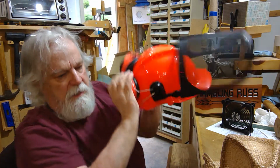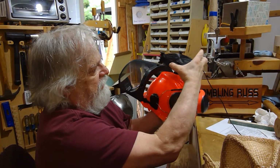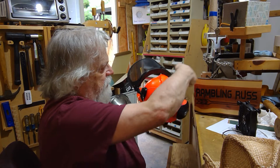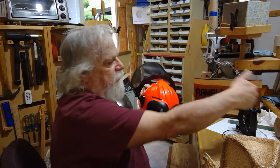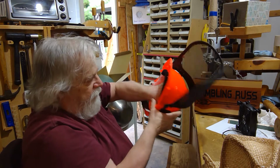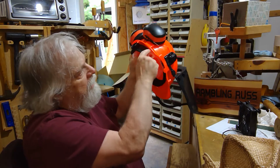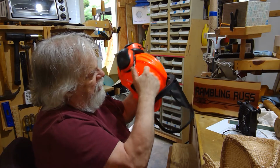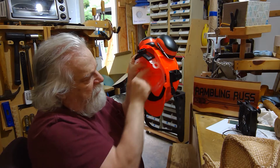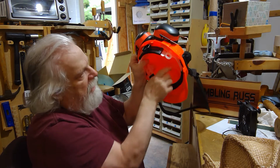And the way I'm going to do it is this fan is going to get mounted right on the top right here, like this, on top of this helmet. I'll box it in around it and seal it so that all the air that goes into the fan will get pushed. I'll drill out this area here so that all the air will go into the helmet. That means that all the air that goes into there, because you're wearing it on your head, you have that 2-inch gap between the hard shell and the cradle that your head sits on. There's about 2 inches there, so I'll put a shape of a foam in there so that when it comes into the inside, all that air